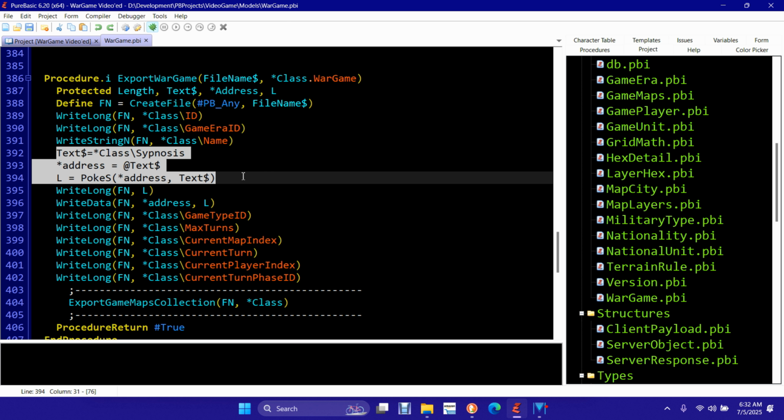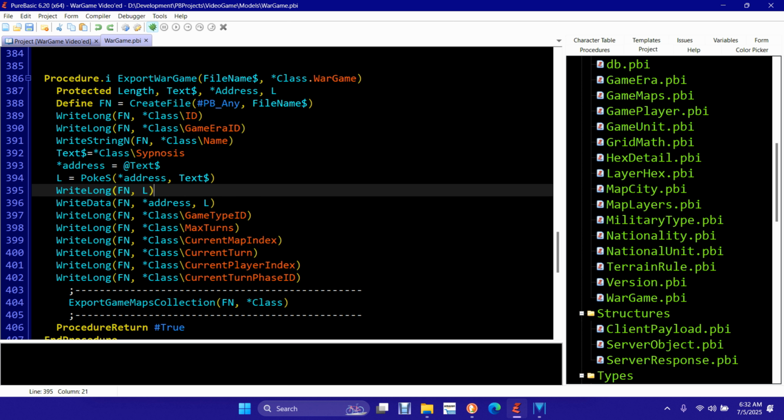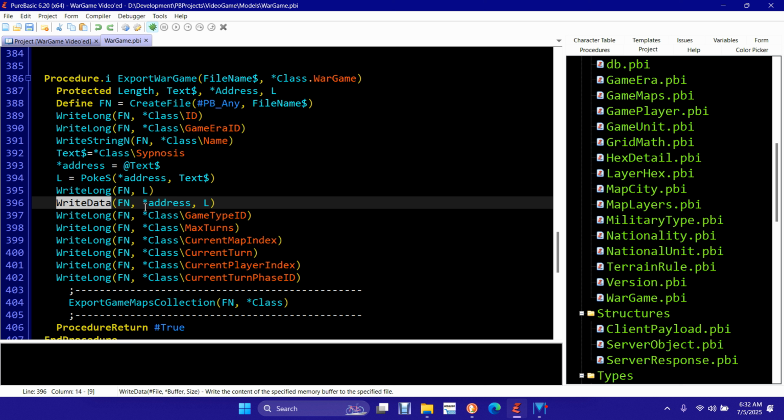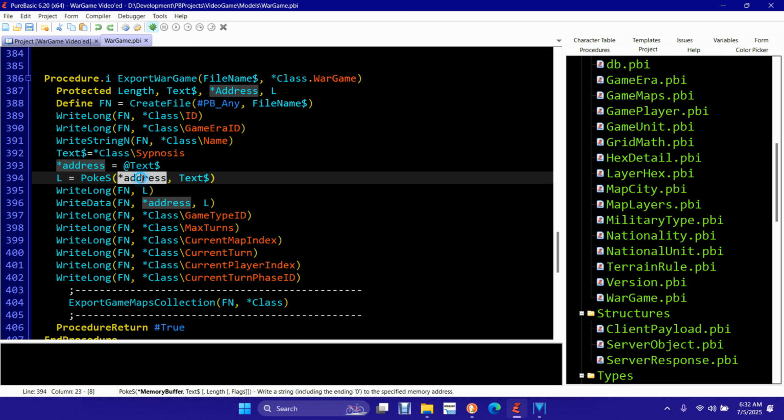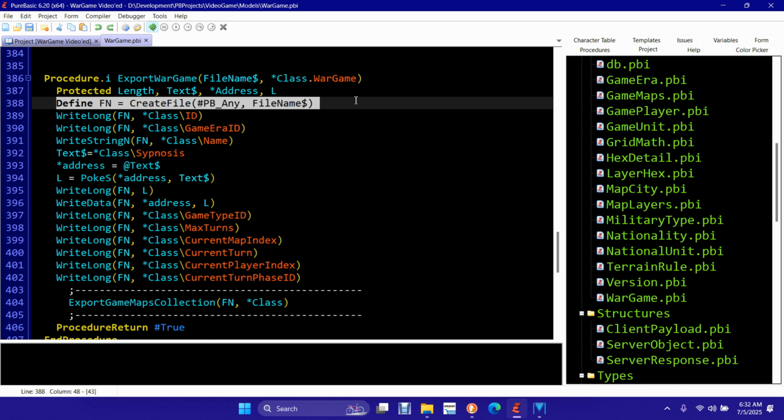You come in and you say, okay, the text equals this synopsis. We get the address of the text, then we get the length, how big it is, and then we write the data of what's in the memory, for that length, to the file handle. So we create an initial file handle at the top of this whole pyramid of junk, and then we just come through and write all the longs, we write everybody out, and then we're going to export our